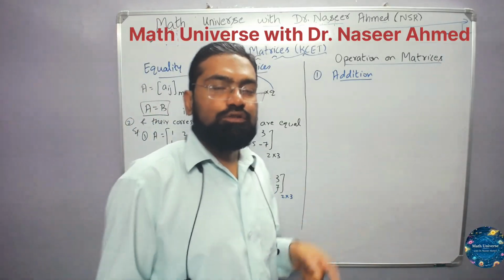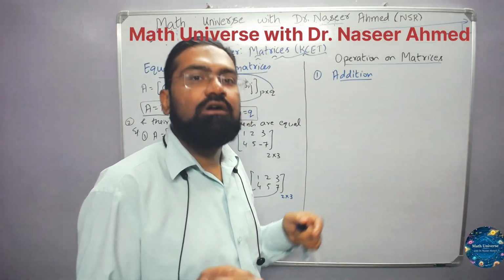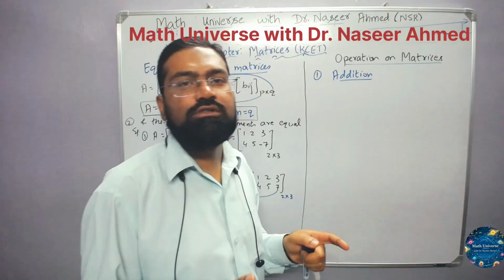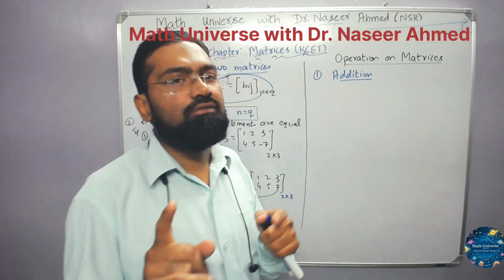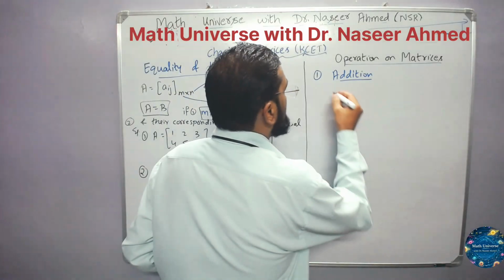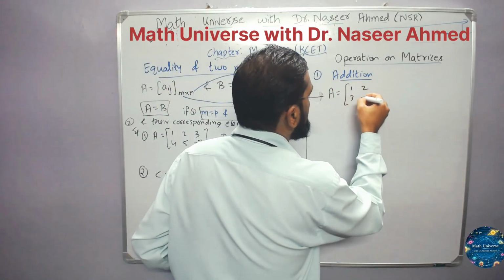Two matrices. The condition for adding two matrices is that the order should be the same, nothing but the number of rows of both matrices should be equal and the number of columns of both matrices should be equal. Okay. So let us suppose that I have got a matrix A, 1, 2, 3, minus 4,